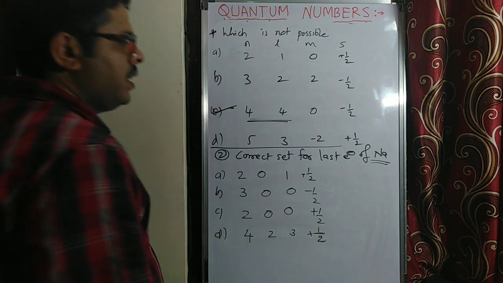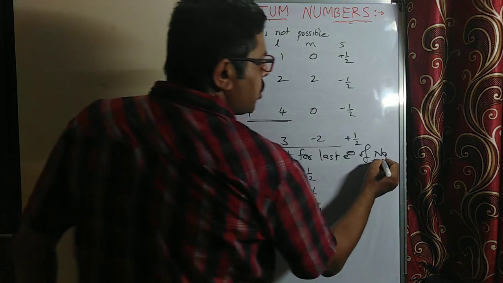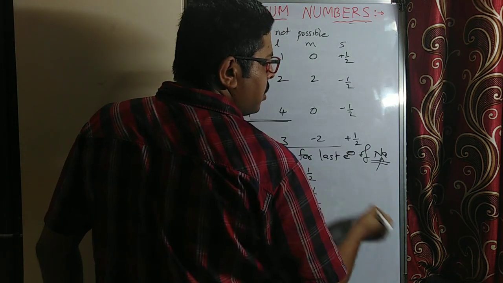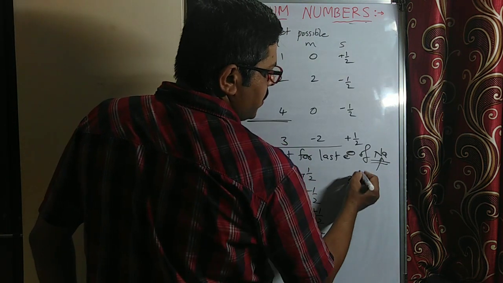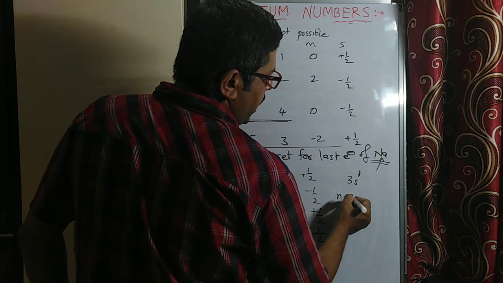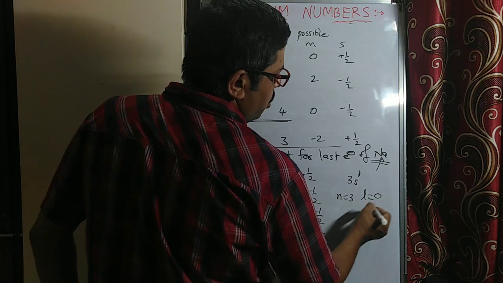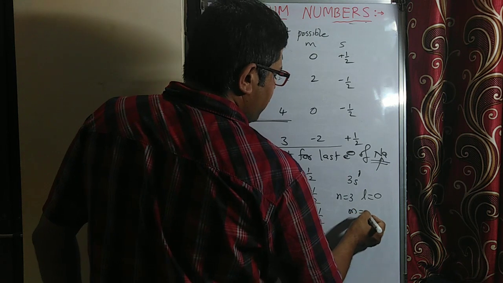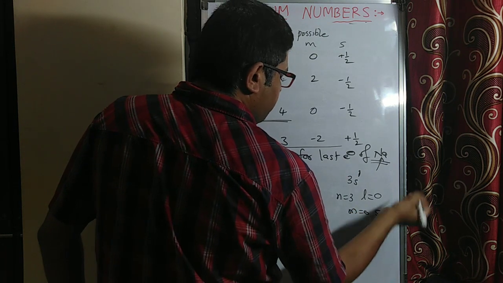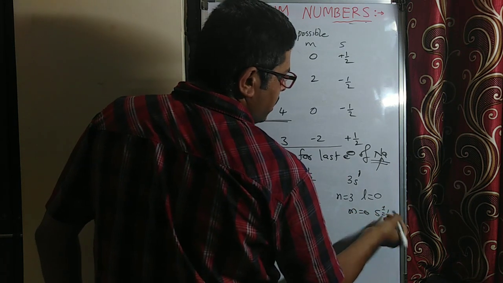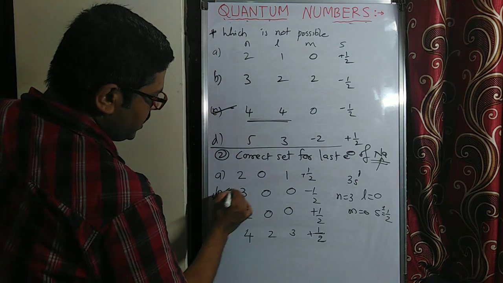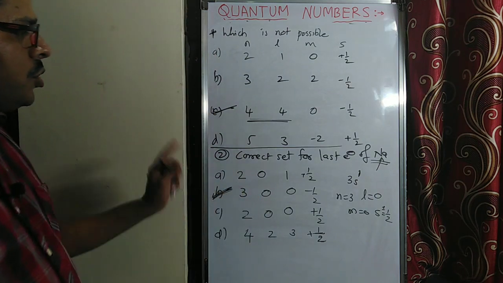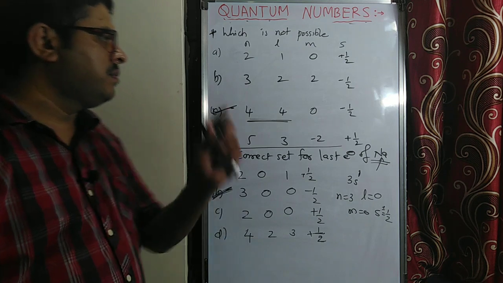Like that. See, for such questions what you have to do? First you have to know the configuration. Configuration is what? Last electron configuration. 3s1, correct? 3s1 means n is equal to 3. S means L is equal to 0. L is equal to 0 means M is always 0. S may be plus half or minus half, whatever they may give. So which is the correct answer? B is the correct answer. Such questions are very, very important.